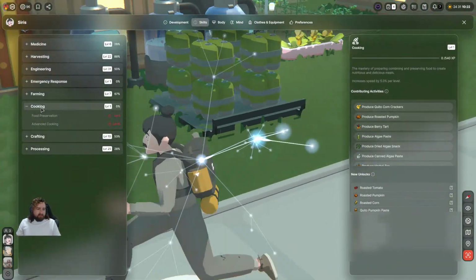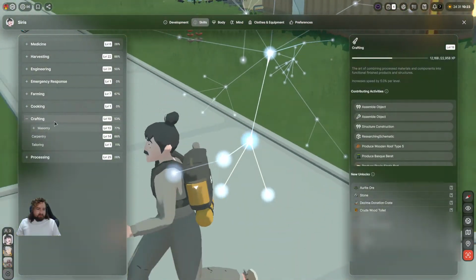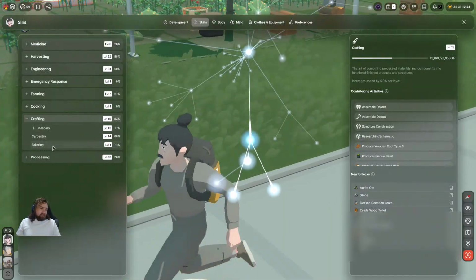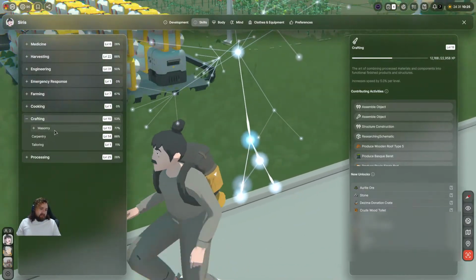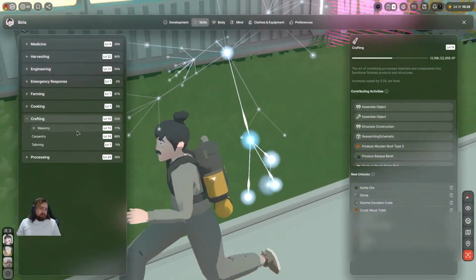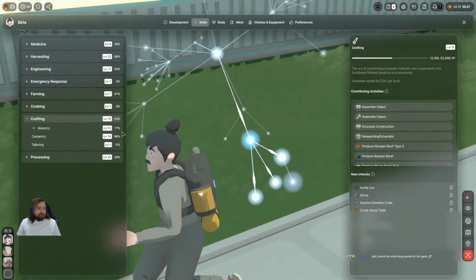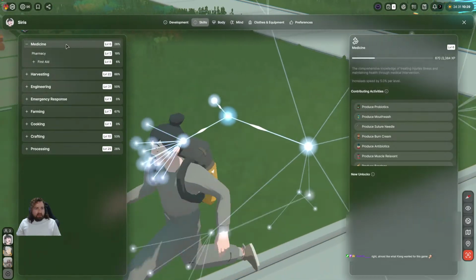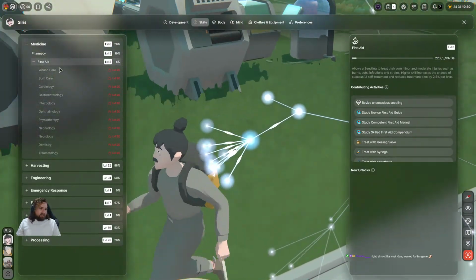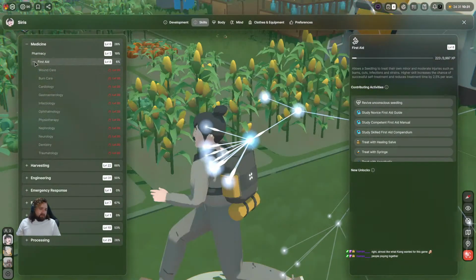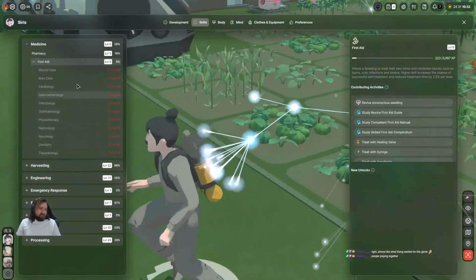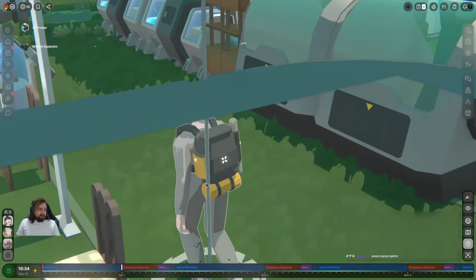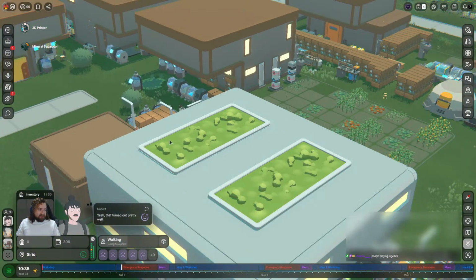Yeah, so like in crafting, you would have to choose between these three, and whichever one you chose, you wouldn't be allowed to go into a different one until you hit like level 30, essentially. And another good one would be medicine: when you get into first aid, you choose one of these to go into, and then you basically...